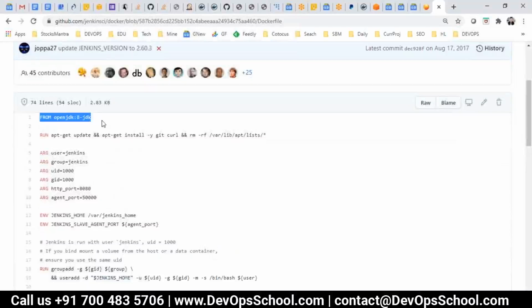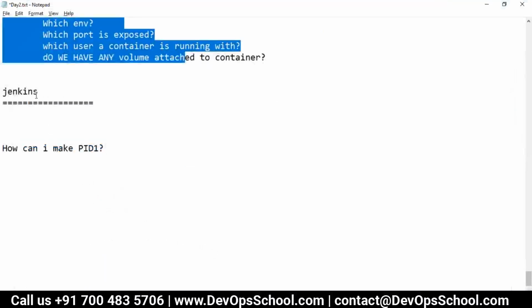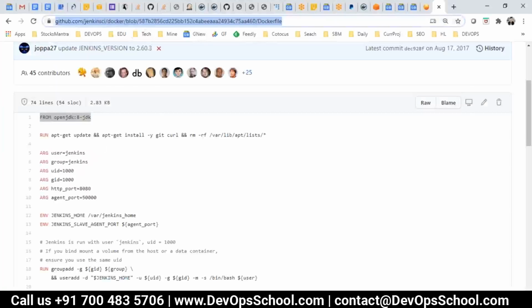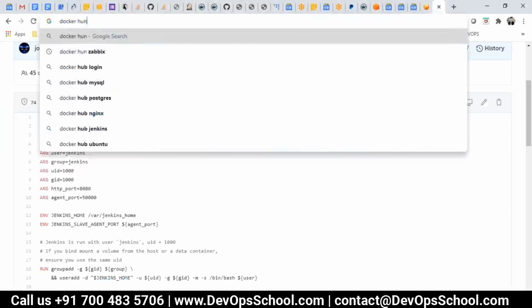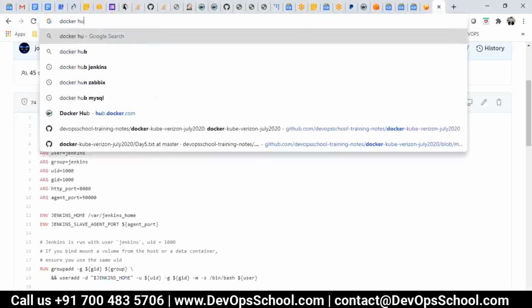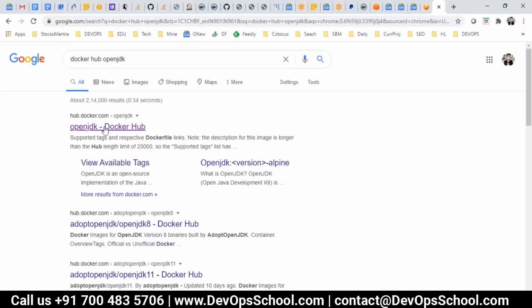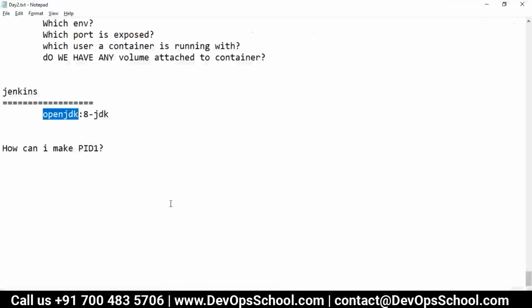See here, Jenkins has been developed using this image as a base. Now, do you want to know what is the base image for this? OpenJDK. If I look at the OpenJDK tagged with 8-JDK,